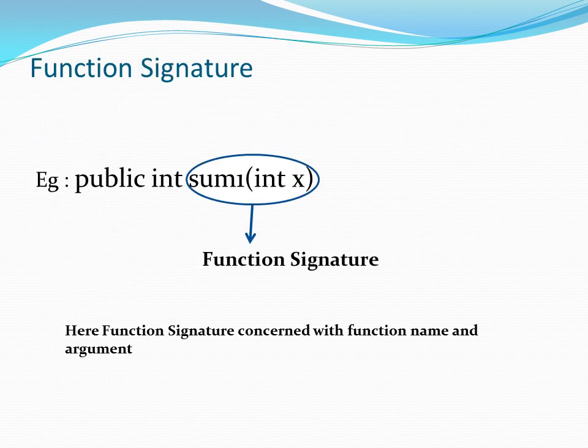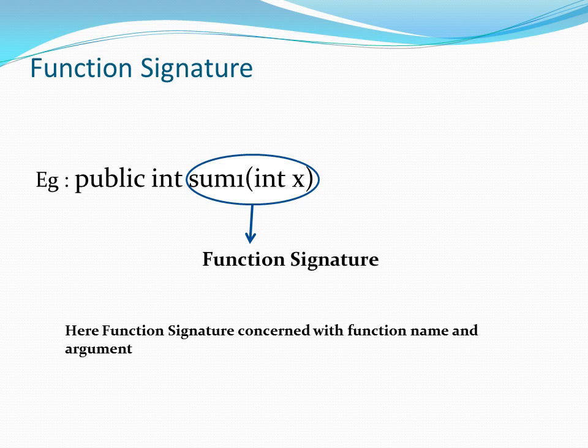Now I will explain function signatures. A signature is basically the identification of a person. Similarly, in a function, the signature is the identification of a method. A method signature is written using the method name along with the parameters to be passed to the method. Here, the number and data types of the arguments are to be passed during its invocation by calling the function name.